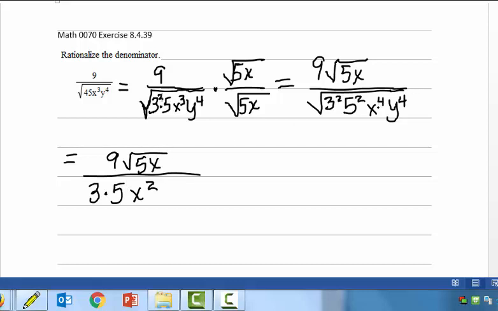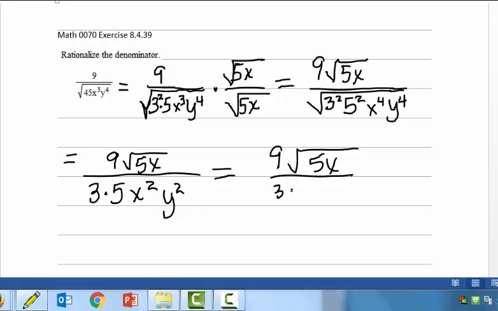When I divide the power 4 by 2 on x, I get x squared. And similarly, when I divide the power on y, which is 4, by 2, I also get y squared when I apply the radical. So this is 9 times the square root of 5x over 3 times 5 times x